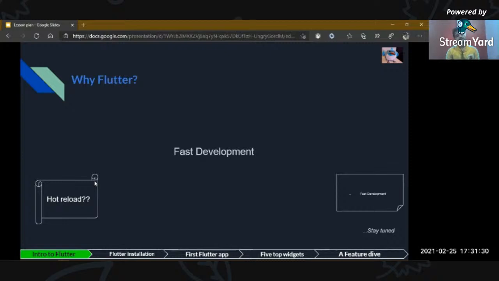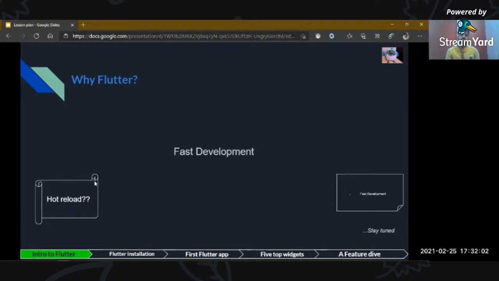So in this Flutter session, you might be wondering why we would adopt Flutter, and why not any other framework in the market. So guys, in my experience, Flutter is very fast, meaning the development time is faster.